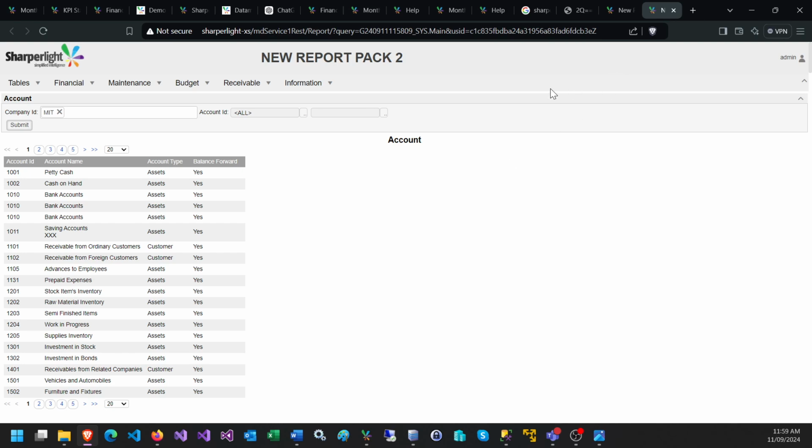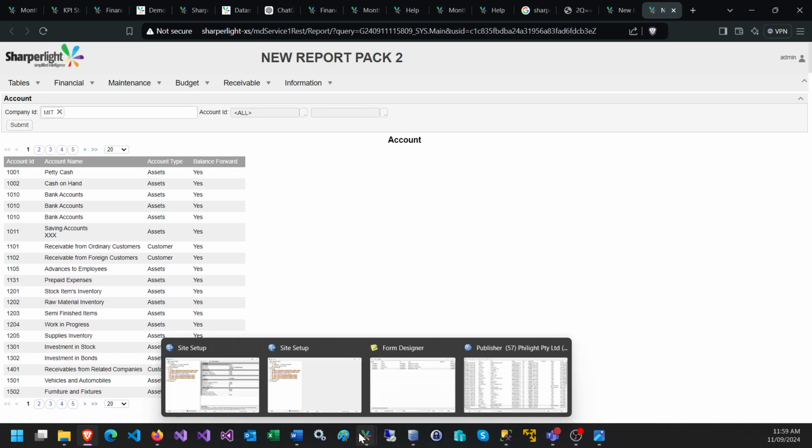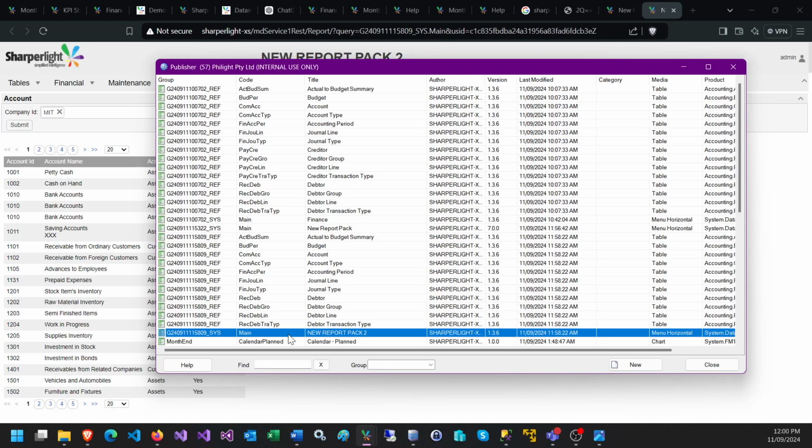Also, on occasions you may have to set the current period each time you come into a report. But what we'd like to do is, up here in the menu section, set a global cascading filter that will allow the user to select their desired default company ID. And so if they change it up here, that will be the default that appears in the selection. So let's have a look at that concept. So we'll come back to our report pack that we've just created here. So there's the main menu,